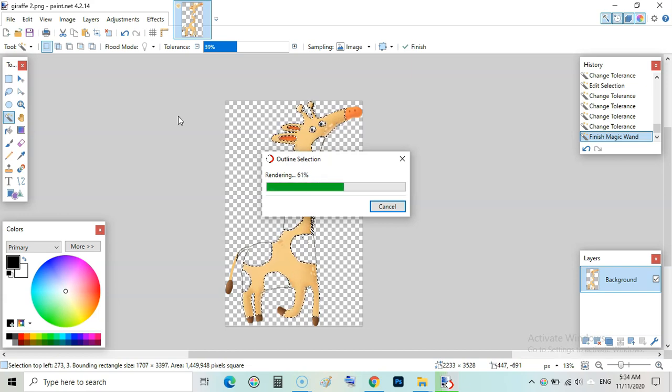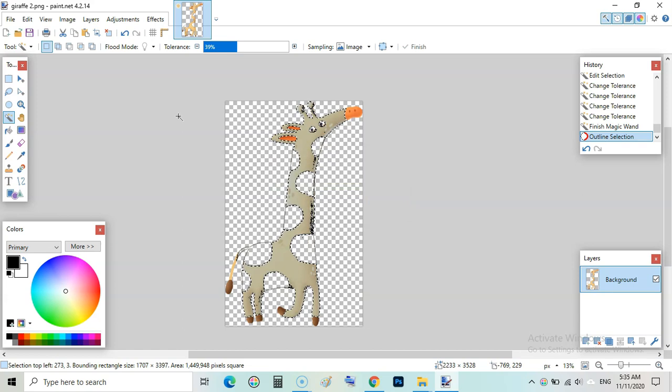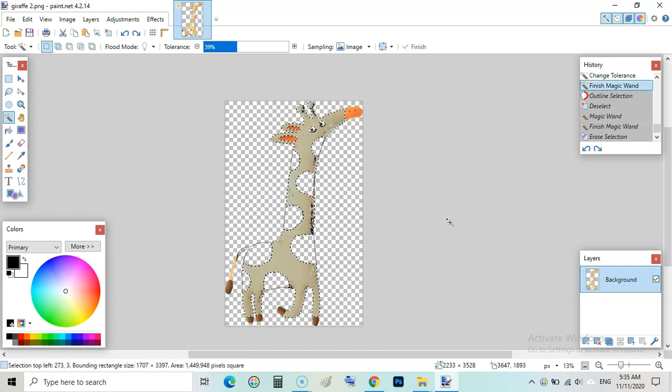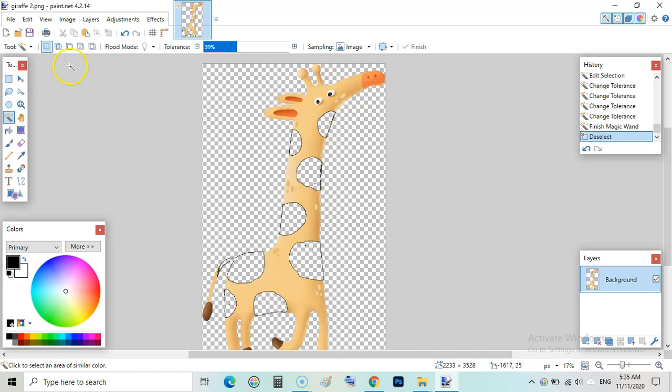Now it will add an outline to almost the whole image, and once done, Ctrl plus D from your keyboard and then click here again and hit delete from your keyboard. Now image has an outline. If this isn't perfect, then you can always go back, Ctrl plus Z again and again, Ctrl plus D, and you can again redo this so that it is perfectly selected.